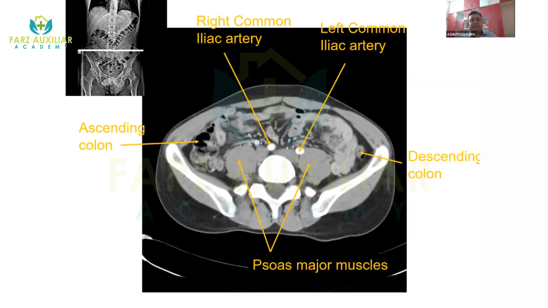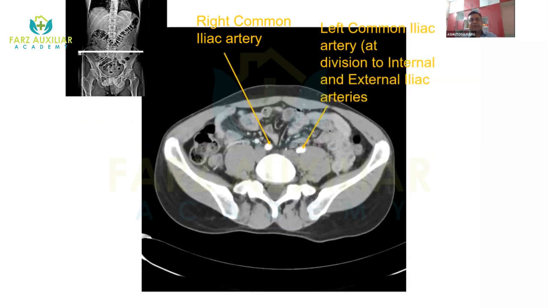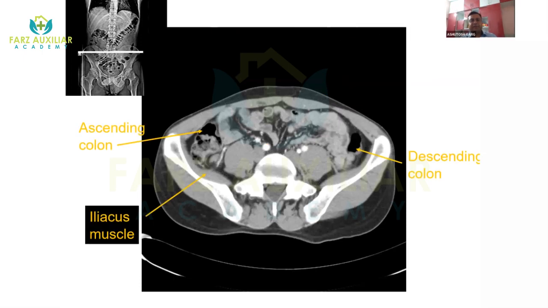So now you can see the bifurcation of the left common iliac artery. It is divided into the internal and external iliac artery. So this has been divided into two, and this is the descending colon, ascending colon. If air is there in the colon, then this is the transverse colon. This is the iliac crest, and this is the iliacus muscle,